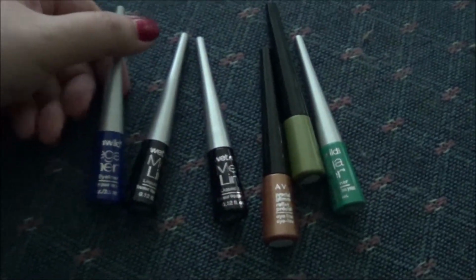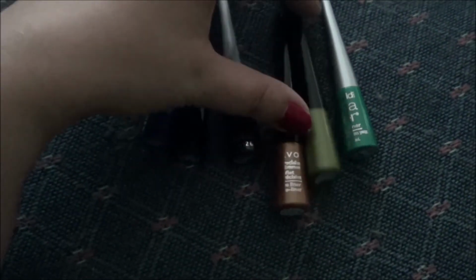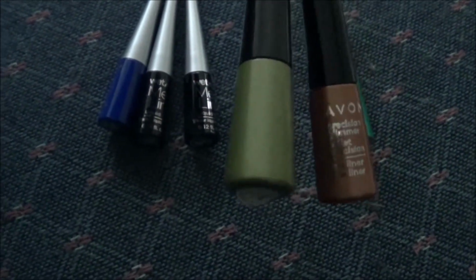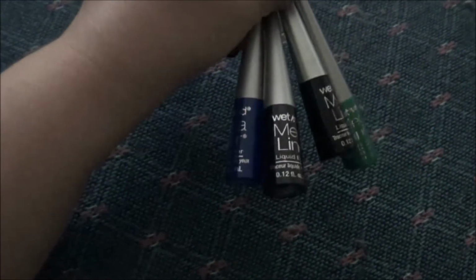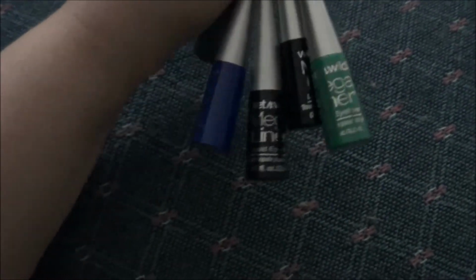Okay, the first thing that I'm going to get rid of are all these types of eyeliners. I have two Avon right here. I don't even know where these came from. And then I have these 4 Wet n Wild ones. I got these in some kit. Like they keep putting eyeliners in kits that I never use. So I'm going to get rid of those. Then I'm going to keep